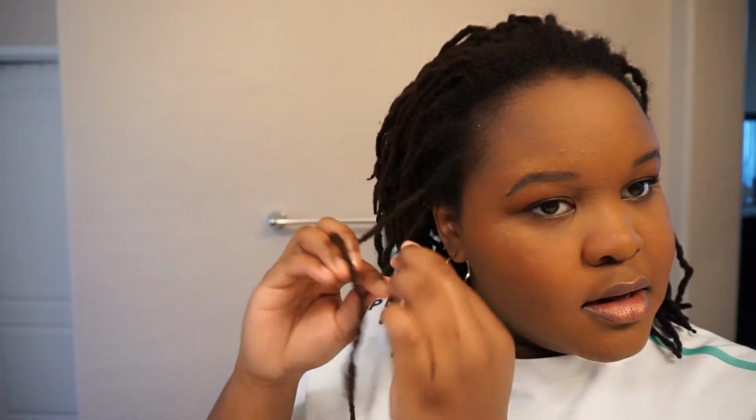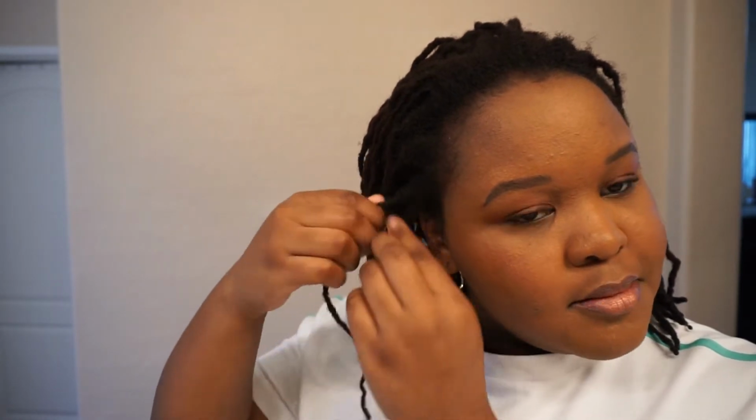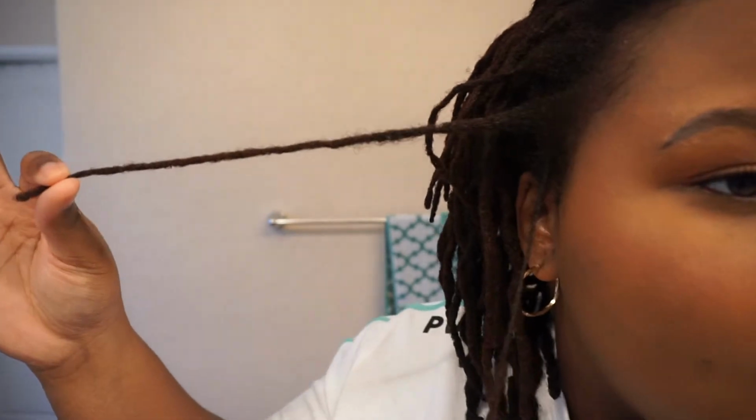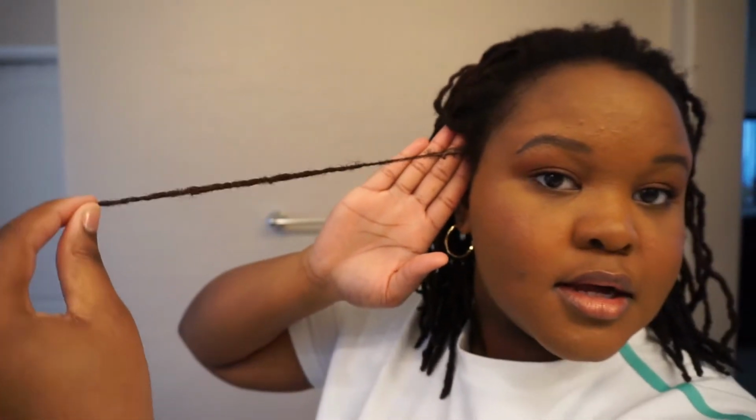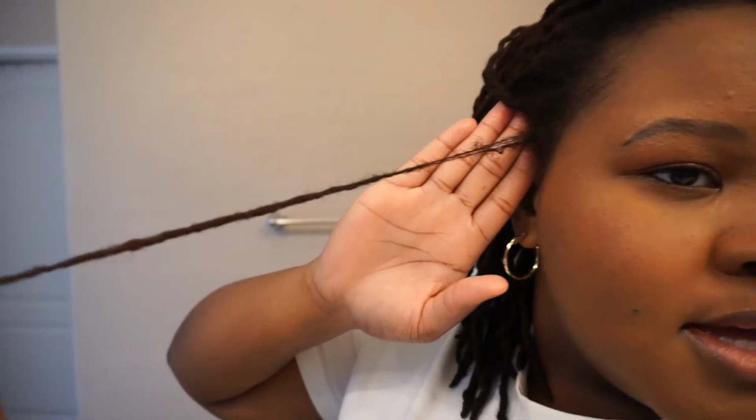This is my most recent thin out lock, and unfortunately it's really bad. So I connected it to this nearby lock right here. But this is how thin my lock is on my edges. And it's so long because,